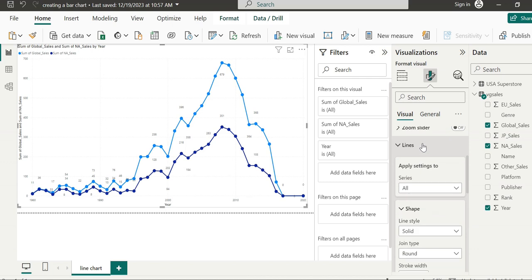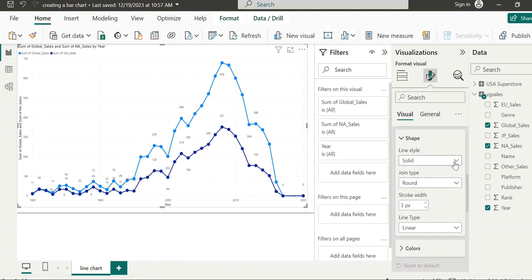Here you can change the line style. We have the line style solid, and we can even have it dotted or dashed. Let's come back to the solid line style. Let's turn on show marks; we can change it to a dash or to a dot. If I choose dashed, it will be represented like this. For this view, the solid one is better, but you can change it according to your requirement in your different visualizations.